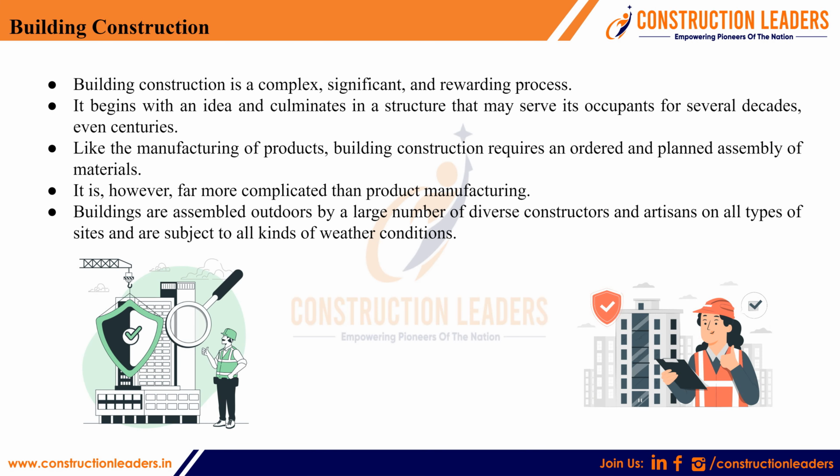Coming to the building construction: what is the meaning of building construction and why are we talking about it? Is it very easy? Is it a complex one? How can we move forward in building construction? Let's start. See, building construction is a complex, significant, and rewarding process. It begins with an idea and culminates in a structure that may serve its occupants for several decades and sometimes